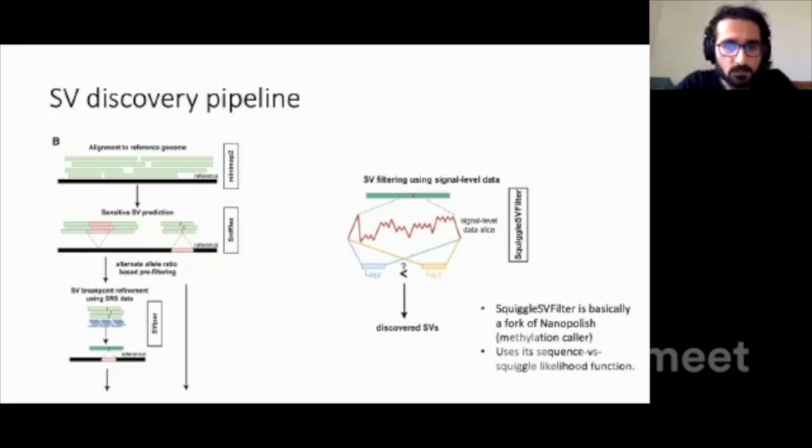What we're mainly interested in in Nanopolish was actually its sequence versus squiggle likelihood function. So we can basically ask whether for this particular squiggle, this sequence or this other sequence is more likely. So here we're testing whether the alternate sequence that includes the SV is more likely for the raw squiggle level data compared to the reference sequence. So here is actually one place where we go back into the raw data